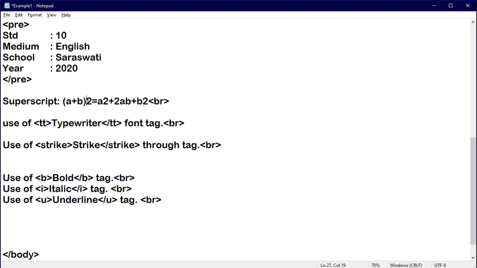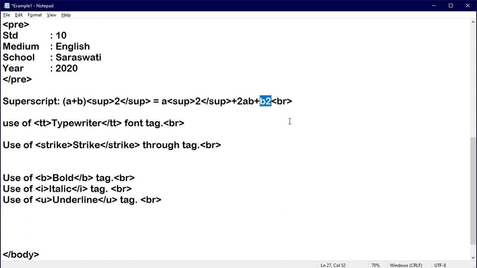Now whenever you want to raise a value, simply write sup open, and immediately after the 2 close it with sup close. Same way here, before 2 write sup open, and here I write sup close, and here I am keeping one as it is, which we will change afterwards.